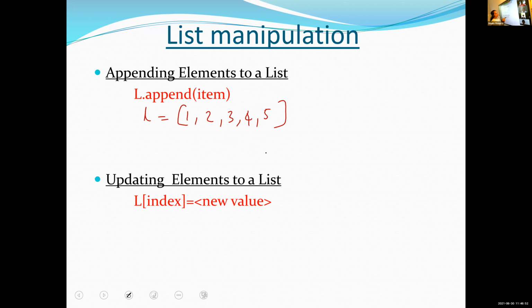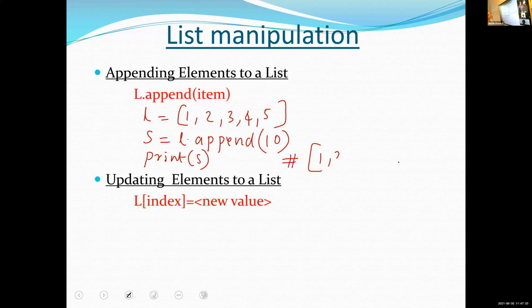Which value do we have to add? 10. So write that 10 here. Then if I write print S, what will be the output, Aryan? It is 1, 2, 3, 4, 5. After that 10 is added.